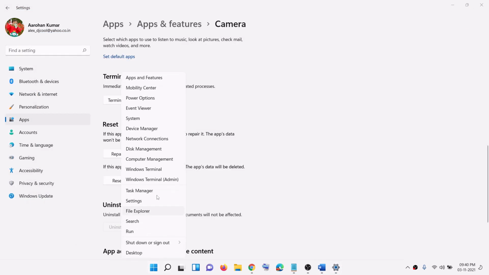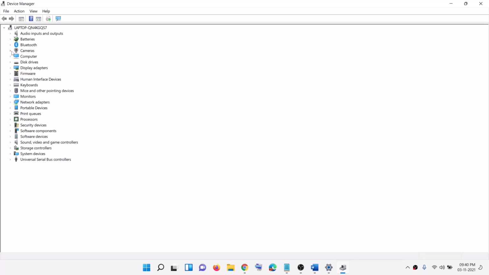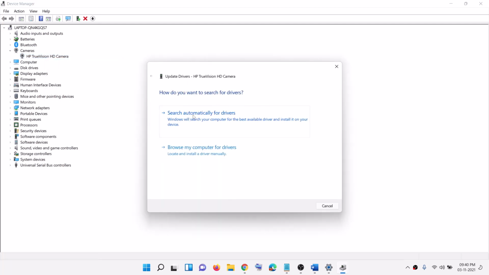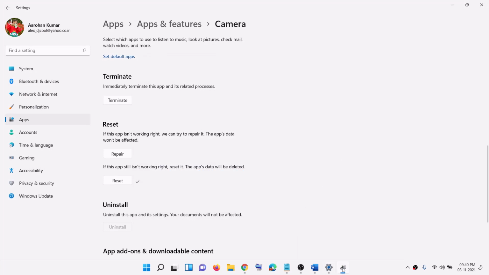So right click on the start menu, then click on device manager. Now expand cameras or imaging devices, right click on your camera, then click on update driver, click on search automatically for drivers, and then check the camera. If you're still receiving the error message,